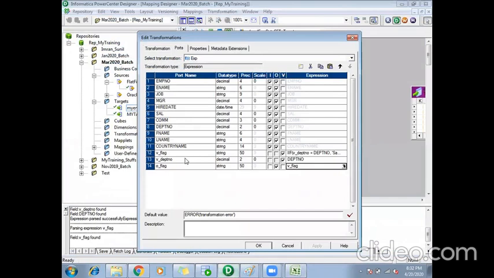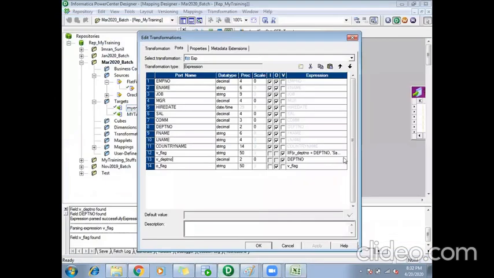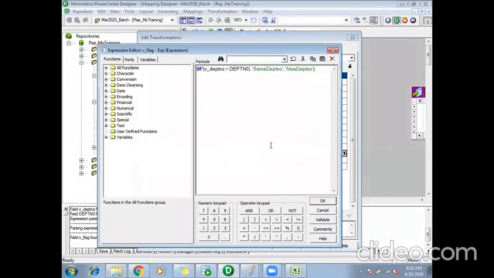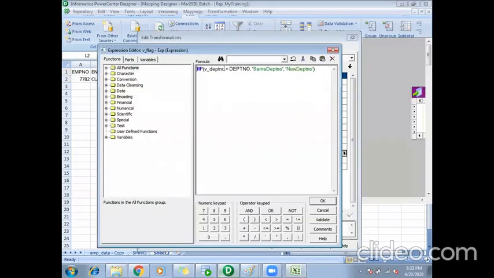Then variable ports will be assigned. And what is the order of assignment within variable ports? It is top to bottom. So first V flag will be assigned with a value, then the V department number. What is the condition I have given in V flag? If V department number equals department number. I'm checking V department number, which is null right now, against department number, that is 10. Null is not equal to 10, so the condition fails and returns false.